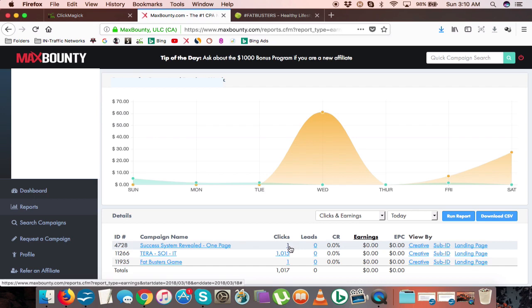Actually, you should see more than this. There should be more than one click here, but like I said, Maxbounty is delayed a little bit. So, see, that's our click. It shows up. That's what happens when it works. Okay. So, when it doesn't work,